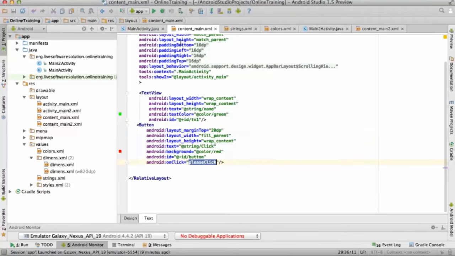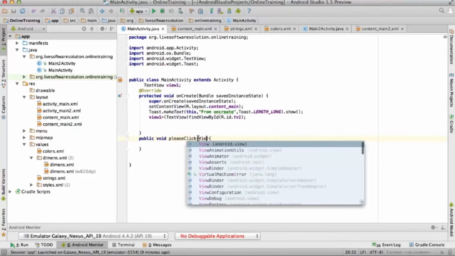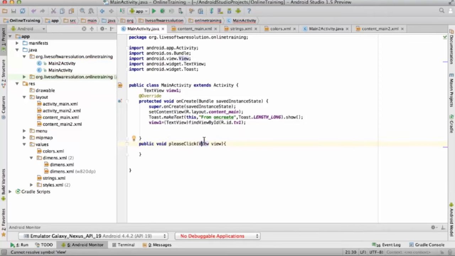I have to change this object at runtime. When a button is clicked, this object has to change. I have to write some code to change the things, no issues. Now come to the point, a very easy concept. Now come here, Android onClick, there is a pleaseClick. onClick is something like a method.